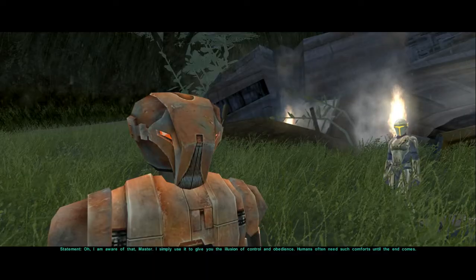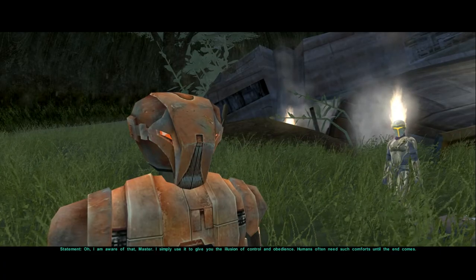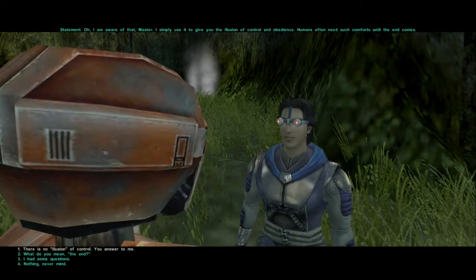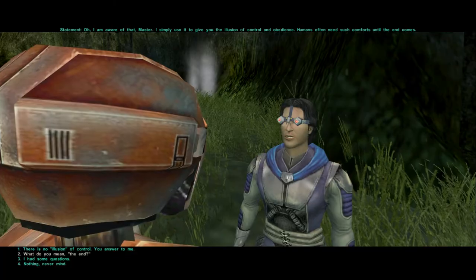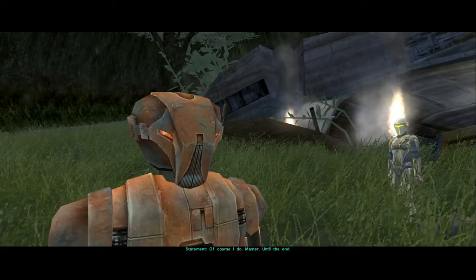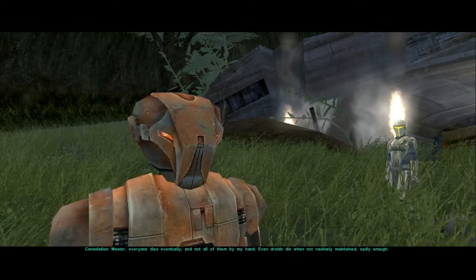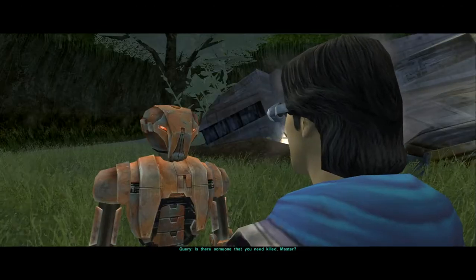You don't have to call me Master. Statement. Oh, I am aware of that, Master. I simply use it to give you the illusion of control and obedience. Humans often need such comforts until the end comes. There's no illusion of control. You answer to me. Statement. Of course I know, Master. Until the end. What do you mean the end? Consolation, Master. Everyone dies eventually. Not all of them by my hand. Even droids die when not routinely maintained, sadly enough. Until you do, you answer to me. Statement. Yeah. Query. Is there...